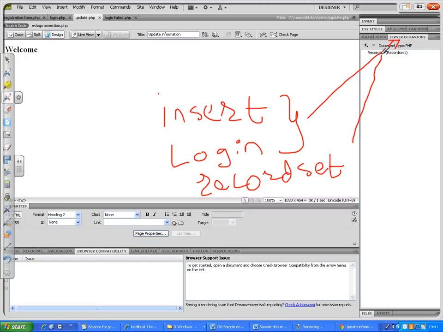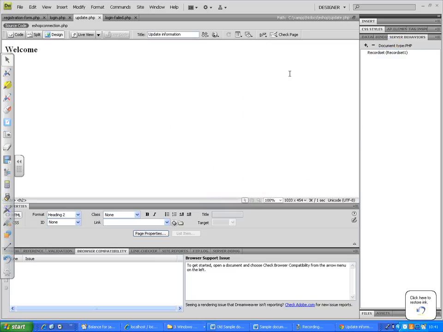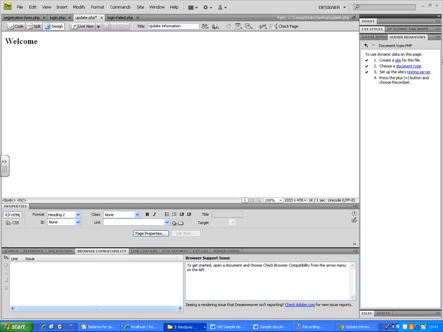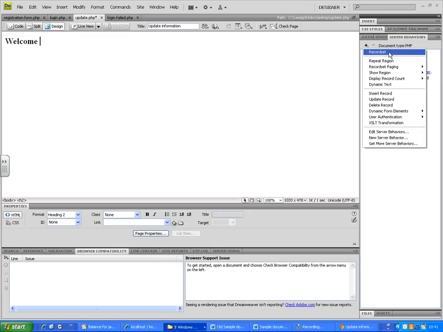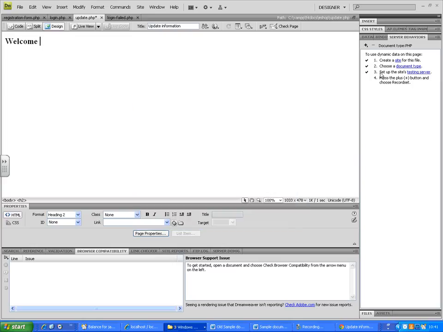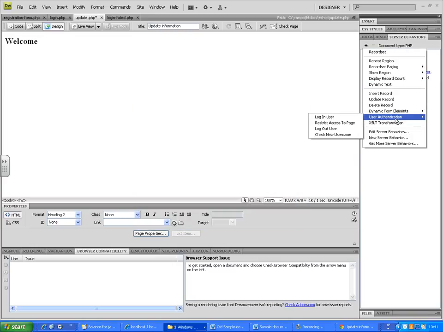You can see the record set has been here as well. So let me just close this down. Whenever you want to bring the values from the database into the browser, we have to use this third option called record set. Under the update page, all these three things are defined. So again, nothing to do. We simply go to record set. Earlier, we have used insert record and user authentication. Now, we're going to use the first option called the record set. When you click on record set,